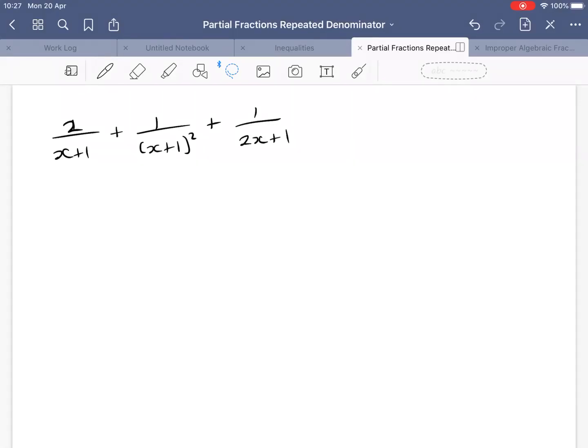Okay, so today we're going to do the second lesson in partial fractions. And again, I want to start this by almost doing the reverse because we need to look at a thing called repeated factors in the denominator. Okay, and that's when we have something that looks a bit like this, when we have a factor squared in